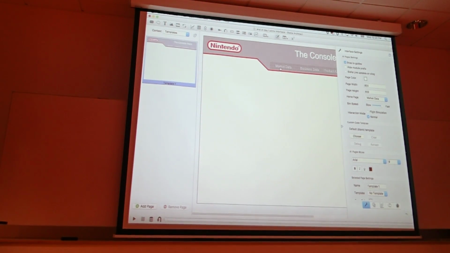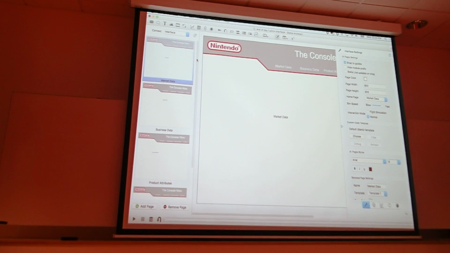Parent buttons. We then made sure that the Z order of stuff was right. We made sure that the background image was actually in the back. We made sure that the buttons were in the front so that everything is visible. We then went and took that template and applied it to all 4 of the pages that we